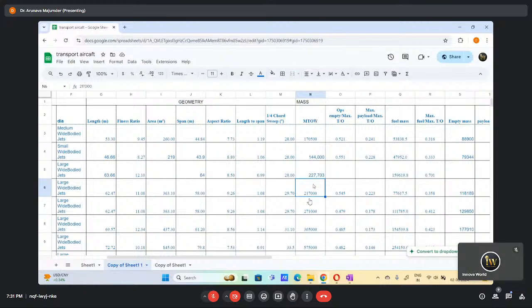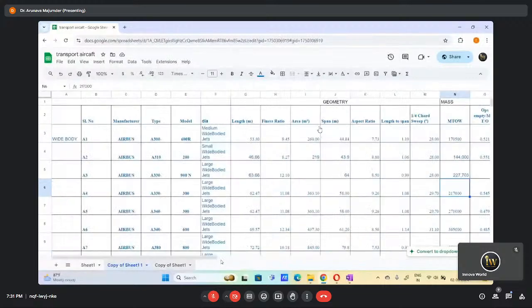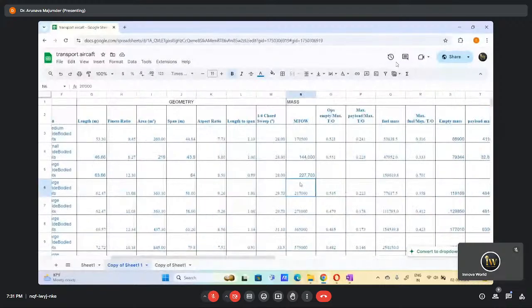Understood? Now, how do we apply regression here? Whether we need to apply multi-regression, linear regression or simple regression, which regression do we need to apply here, multi or simple? Of course it is multi, because if we consider the MTOW only as a dependent variable, all other variables are